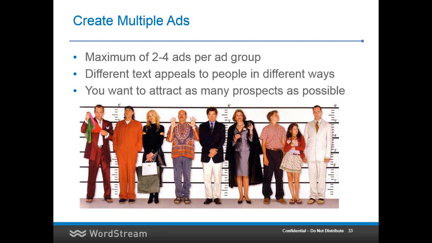So Google best practices dictates that you want to have between 2 to 4 ads maximum per ad group. This way you'll be able to test out different types of ads and see which types generate high levels of results. You may have heard of the sales tactic ABC, always be closing. Well, in paid search, there's a different tactic: always be testing. The reason that you want to have 2 to 4 ads per ad group for testing is that different text language, different calls to action, and different value propositions can all appeal to people in different ways. And you want to be sure that you're capturing the attention of all of those people